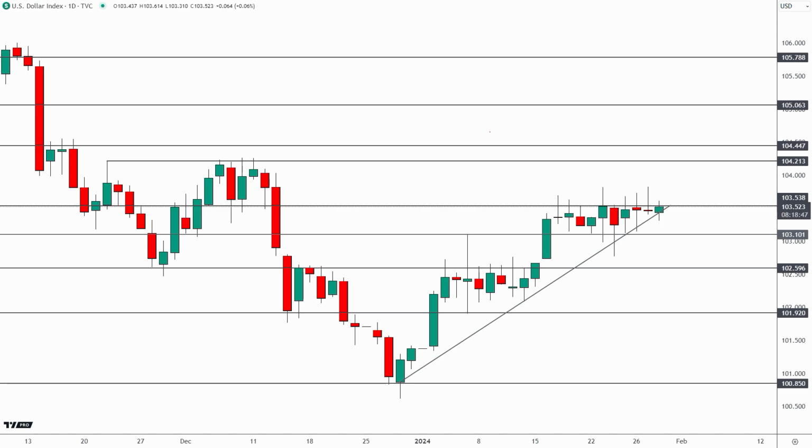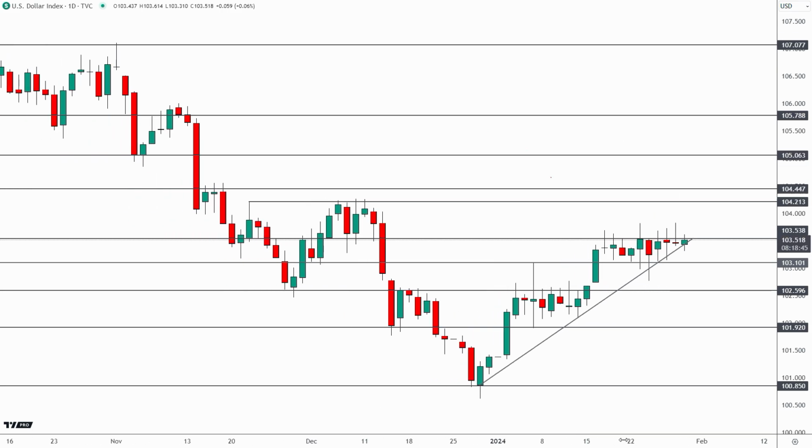Okay, so let's go ahead and get right into it here with the DXY. What I kind of think we could see over the next couple of days is I would be a little bit surprised if we see 103.50 break without a pullback first. And the reason for that, you can see how critical this level is to bears. I mean, every single time, including yesterday here, the market was trading all the way up here and closed back down below 103.50. So given how significant this area is going back to 2016,